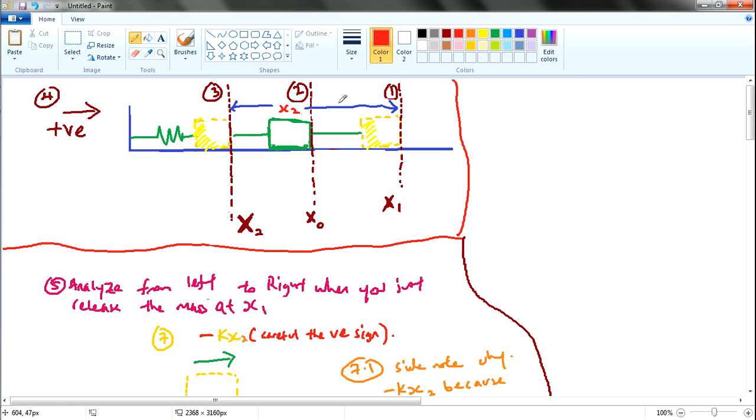So in a graphical way, what we are analyzing now is this. Previously we were analyzing from this point, and then when you release, it starts to go to this point, which is at this position over here, x0. And then now it goes to x2. In this video,